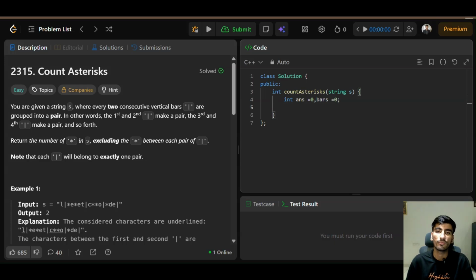Let's see the code. We start with two variables, int answer equals 0, bars equals 0. Answer stores the number of valid asterisks, and bars counts how many vertical bar characters we have encountered. Now we loop through every character in the string. For character c in s,